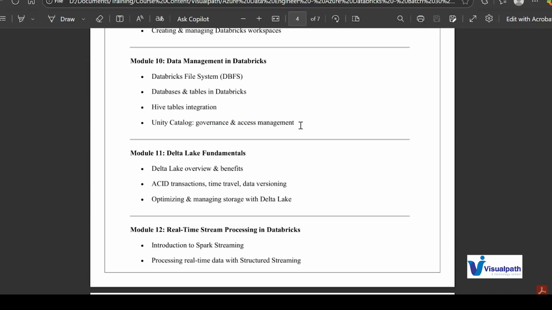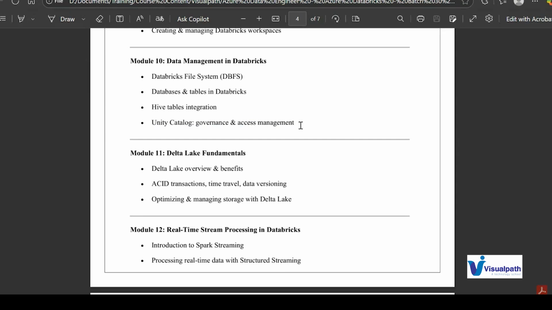The features are 80 to 90% similar, with a few things different. I will also tell you the difference between Databricks integrated with Azure and the free edition. Now why are we going to learn both of them?